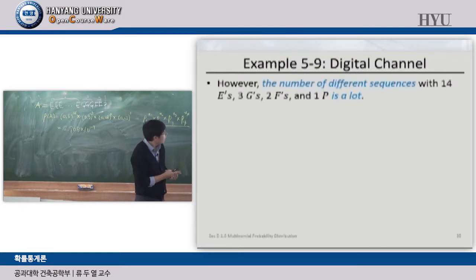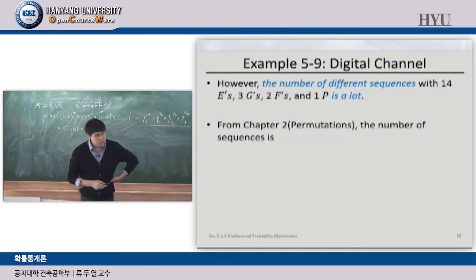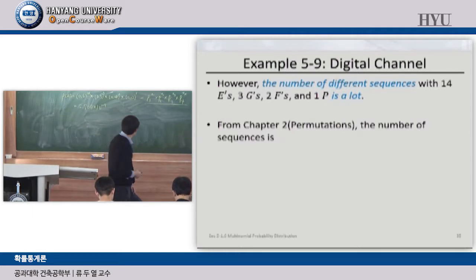However, the number of different sequences with 14 excellent, 3 good, 2 fair, and 1 poor is a lot, right? Based on the previous chapter 2 about permutations, the number of sequences will be